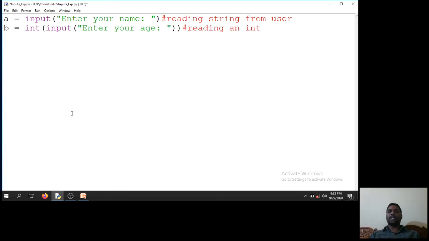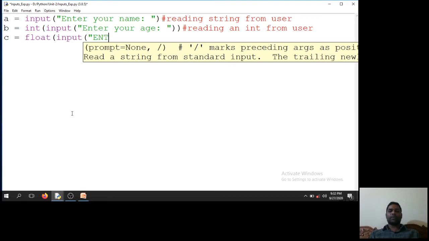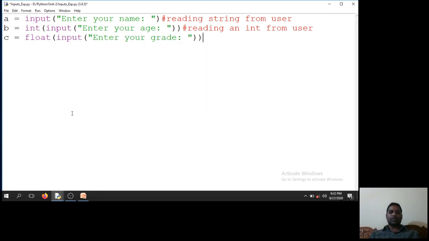Reading an integer from the user. C is equal to float input, enter your grade. So reading a float from the user.